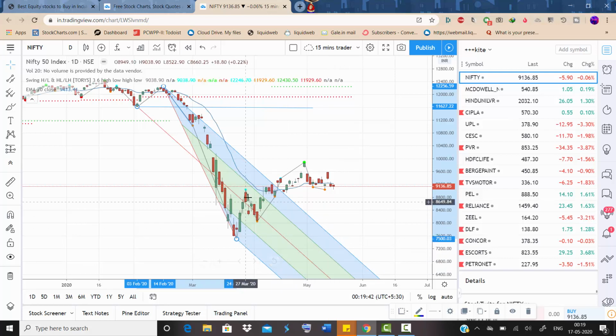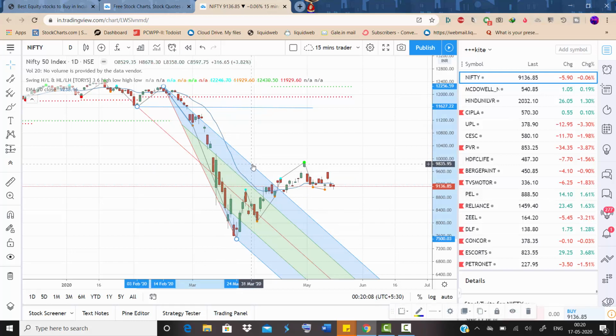So now the stock has moved to the center line. This kind of bounce is normally what we expect in this channel. So it has bounced here. So you could see A, B, and C. As I told you earlier,